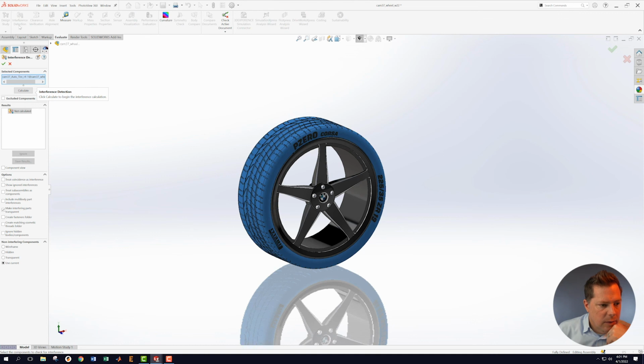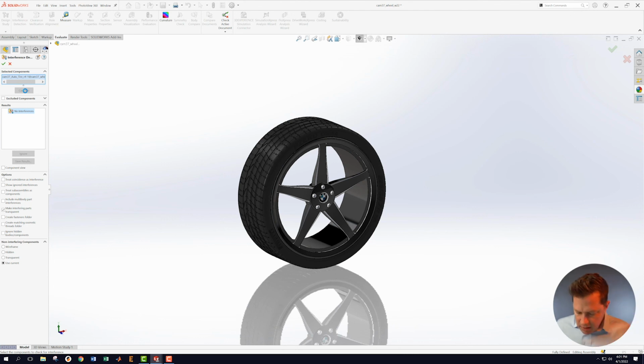Oh, here we're already in evaluate. We're going to run this again, and no interferences. Perfect. So that is our answer there. Okay, now what we need to do